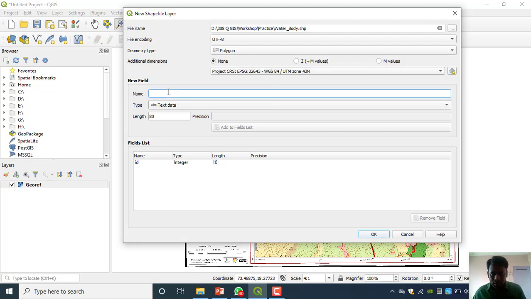Now here we have to add the field. Yesterday we added only one single field. Now we can add whatever fields, any fields related to our feature. First I want to add the name of the water body. We'll take name.